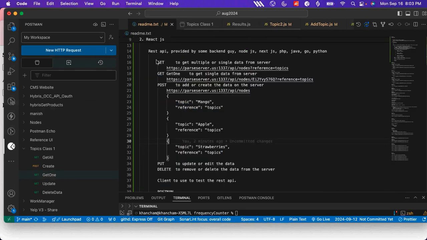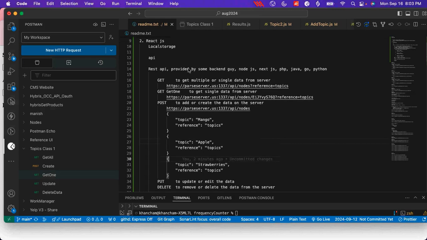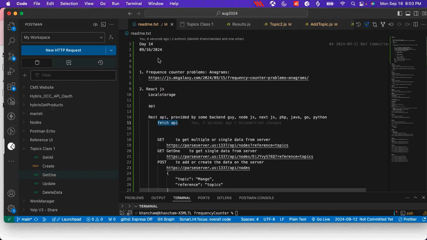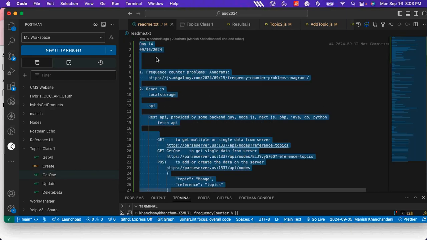Okay, and you have to use fetch API. I don't want you to use axios, just use the fetch API to access it. Fetch API. Don't use axios. Right now with this project, we have to use only simple fetch API. Let me write down this README